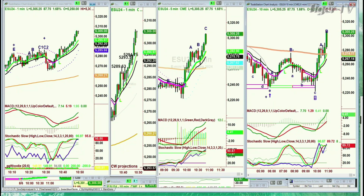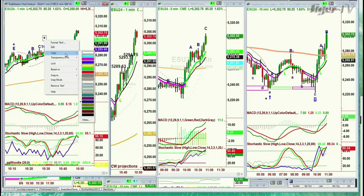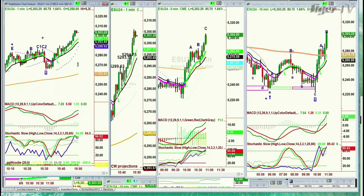And look at that candle in the 10-minute chart. One candle went from 52.80 to 53.04. That is amazing, and this is a brand new look. There's your peak C, C1, C2. I spoke about this earlier. I think it was referring to something else. And this particular one, I changed it to red, acts like a D. Now you've got your new buy signal for the 1-minute chart. It's in leg...